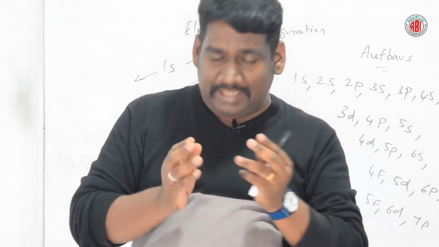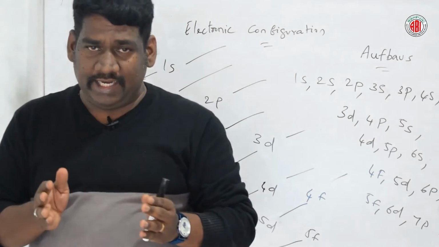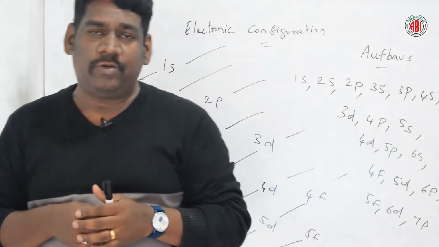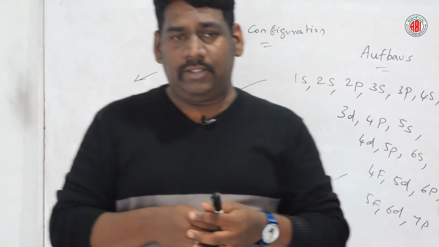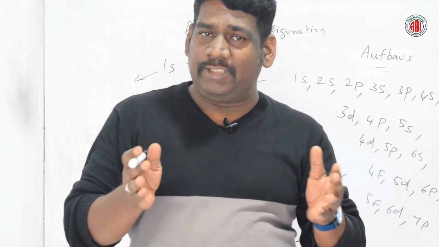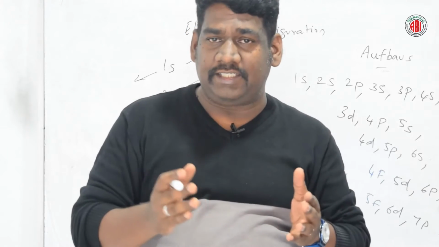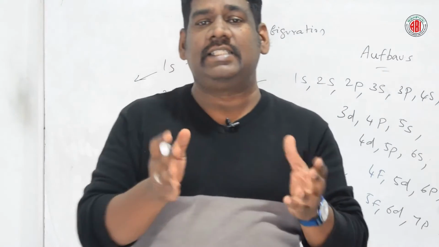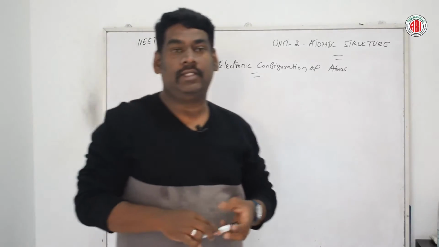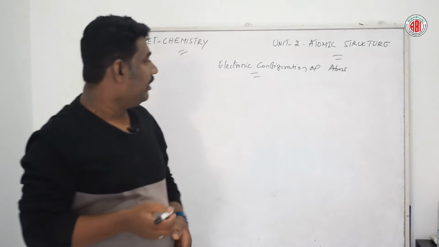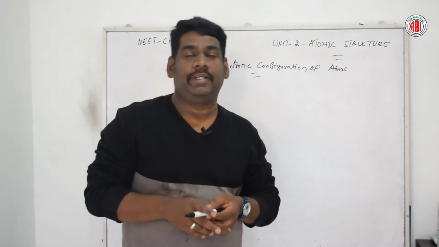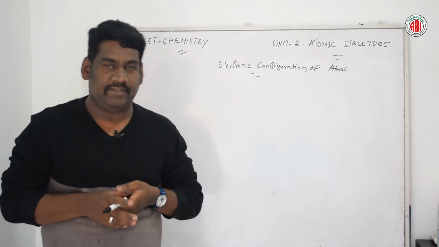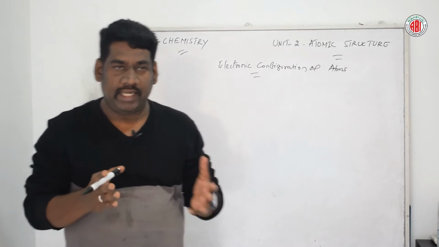That means the electron should fill the lower energy level first, and only then go to the higher energy level. Electron pairing will not take place in orbitals with the same energy or the same subshell until the total orbitals are singly filled. Now let us talk about the electronic configuration of atoms, based on this Hund's rule and the sequence of energy levels.